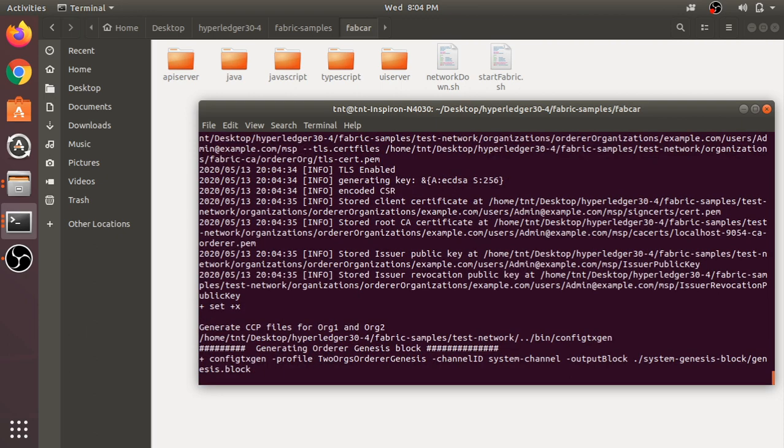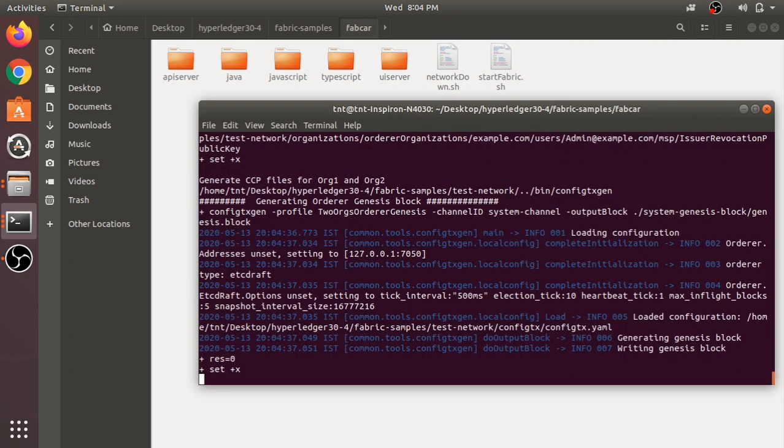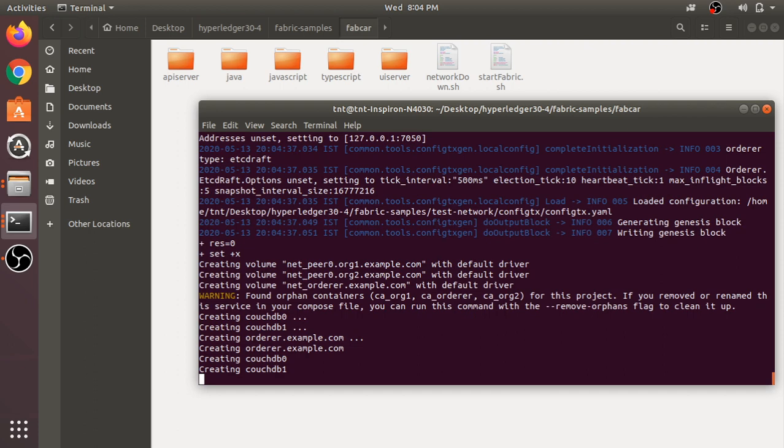You can see most of the primitives are being created. It takes a few more minutes to complete this procedure.